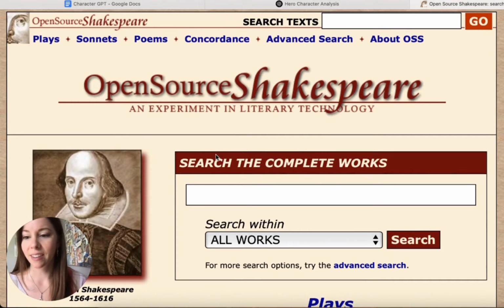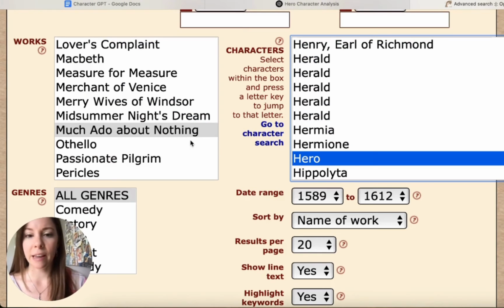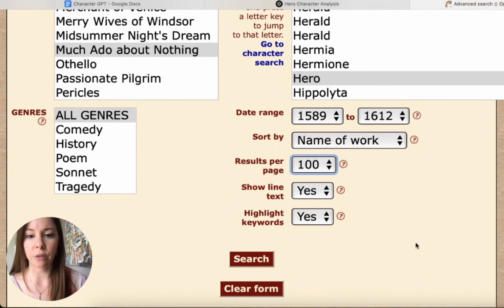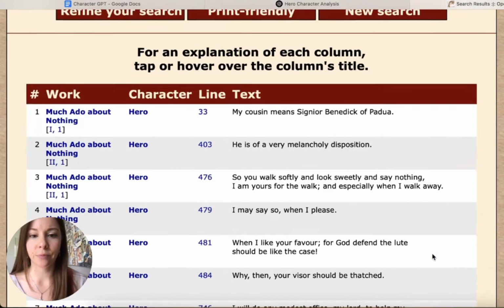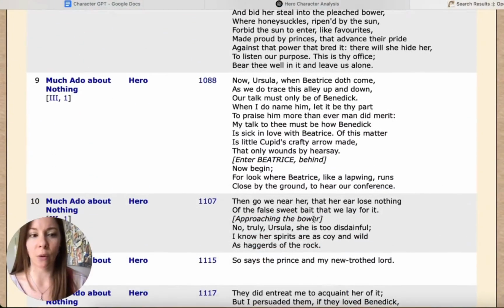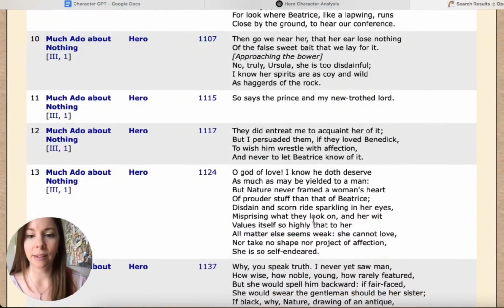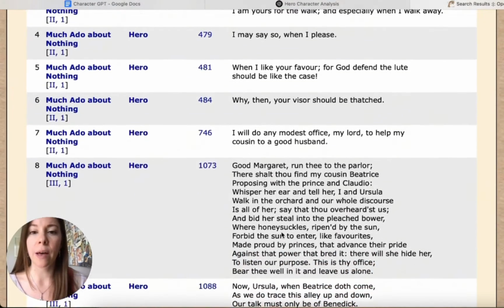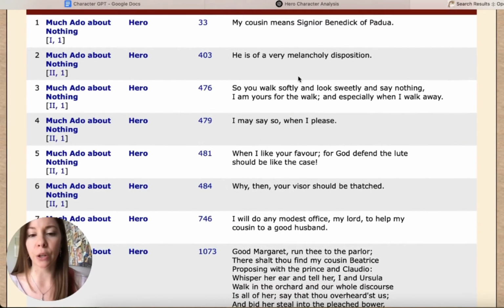You will see it is free, and I go to advanced search. From there I can select the character of Hero, and I'm going to put 100 results per page just so I can see everything at once. And here you go. Here are all her lines, all in one place. Now you can see there's actually not that many of them. She's only got 44,